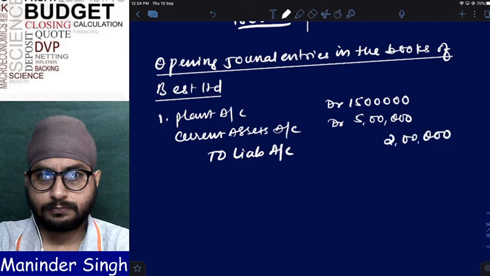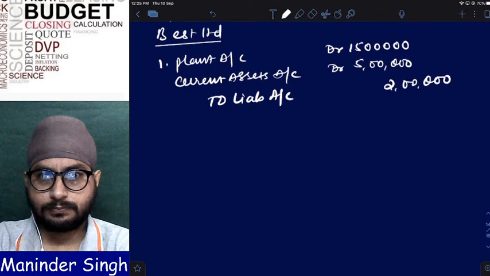Now, am I paying money to them? Have I paid or do I have to pay? I have to pay. Something I have to pay is an asset or a liability? Liability. Liability will have which balance? Credit balance. To purchase consideration, not liquidator. Liquidator of which limited? Better Limited. Liquidator of Better Limited. How much am I paying?